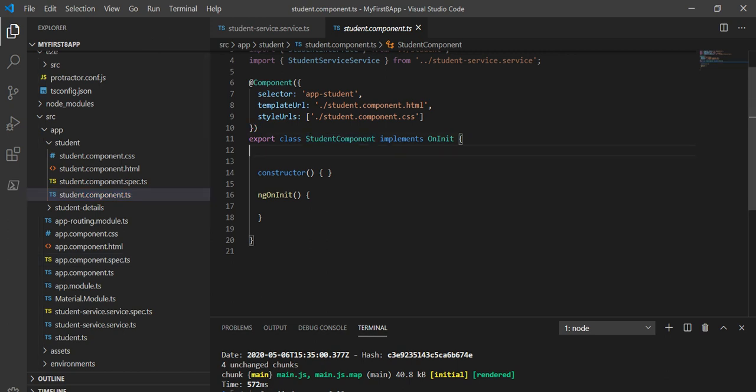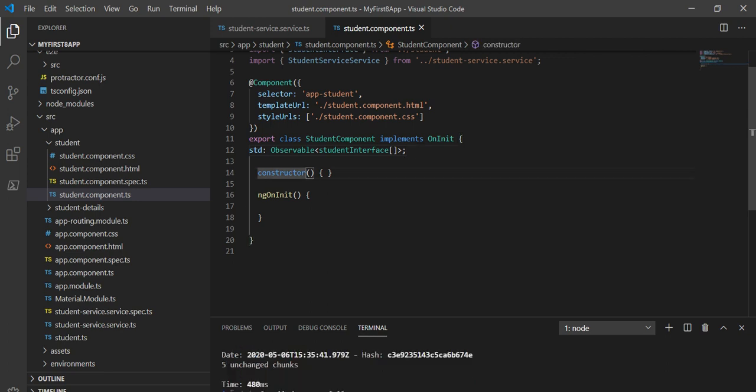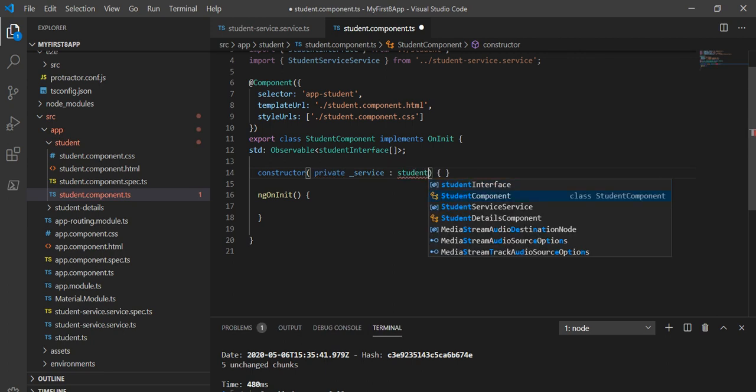So let's create this. First I will take one variable like std, and the type will be the observable, and that will be the student interface type, the array type basically. And next, in this constructor, like we have seen, if we want to fetch the data, we have to take a local variable, and I will take it as service, and the type of this will be StudentService.